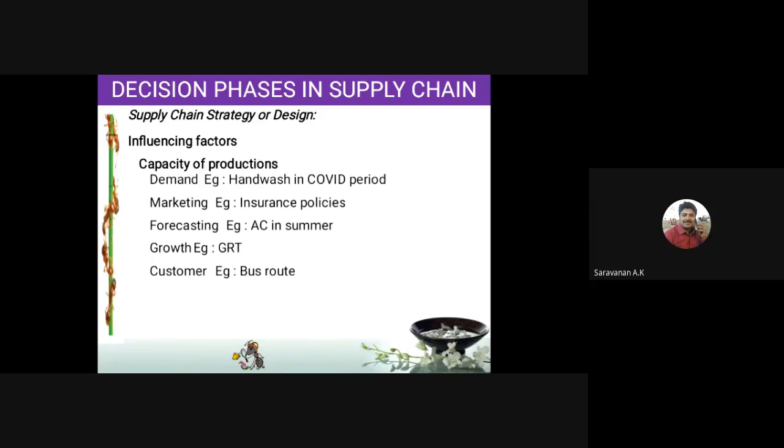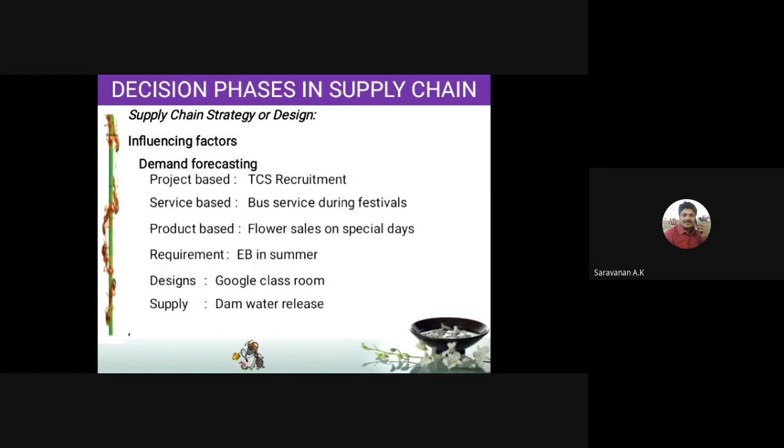So the decision has to be taken only based on the demand, marketing, capacity, forecasting, growth, and the customer. Buses will run on a route based on the customer need only. We cannot run the buses on all the routes. And next thing,